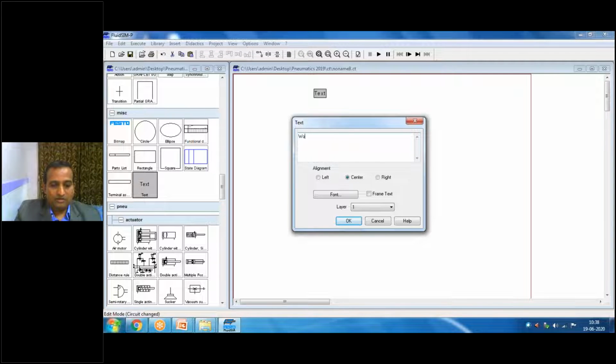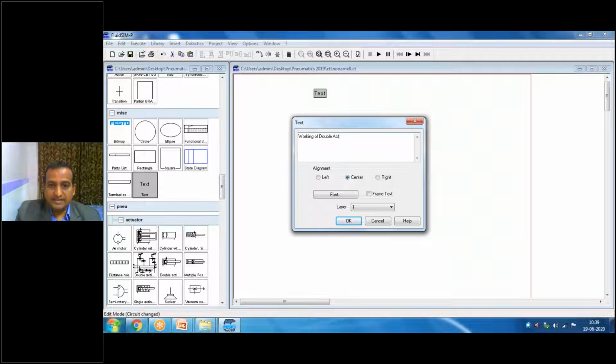Okay, working of a double acting cylinder. You can write any text. So I'm teaching, not only sharing the knowledge of industrial automation, I'm sharing the knowledge of how to use a software, because you can use this as a virtual lab for mechatronics. So all animations and any kind of experiment, any 100 experiments you can do on this software. This software is really available, and if you practice it, definitely